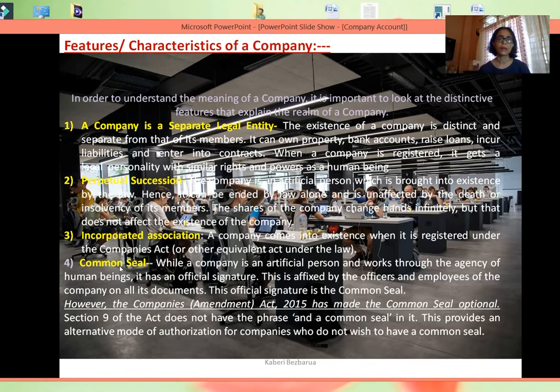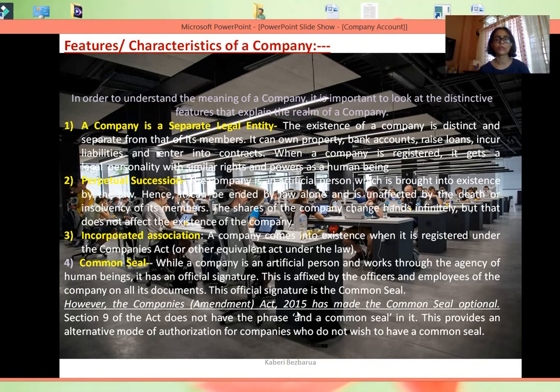As a result, the company has to show its existence on any paper that it has entered into a contract. It has a common seal. The company proves its name or its existence with the help of the seal. So every document that is transacted between the company and any other third parties has to bear the seal of the company.